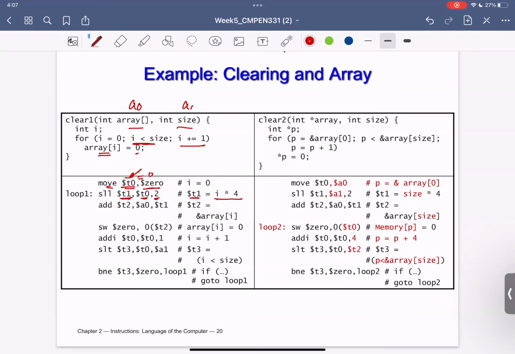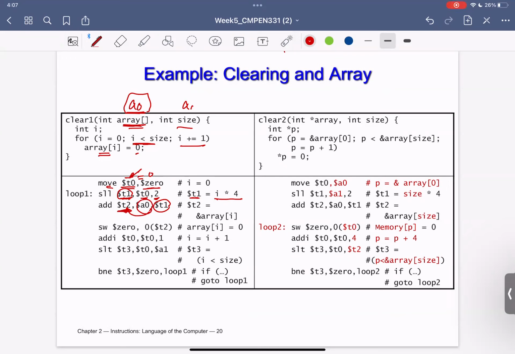Base address of what? Base address of my array, base address of my house, correct? Base address of my array, which is the address of array of 0, written here as A0. So I will add that to A0 and put the result in T2. So now T2 has the address that I'm targeting.